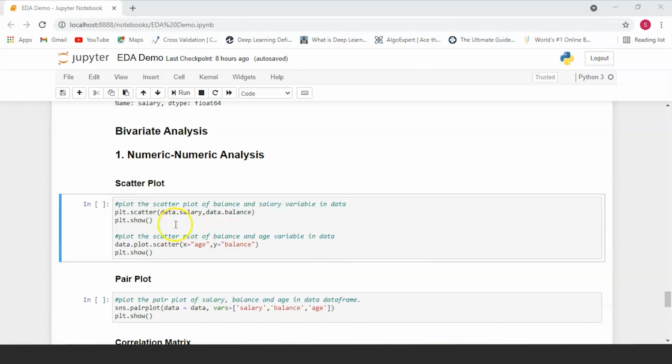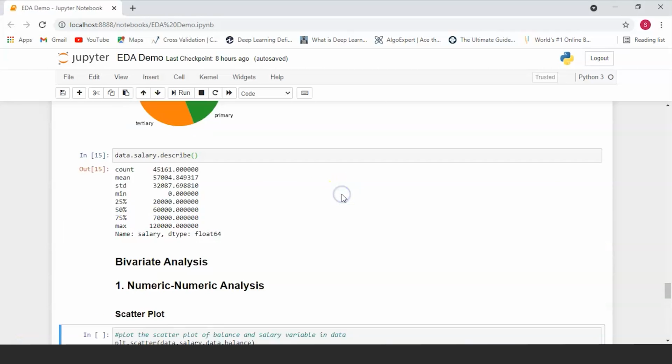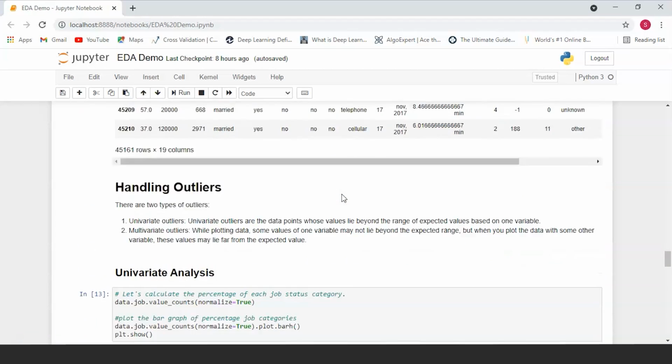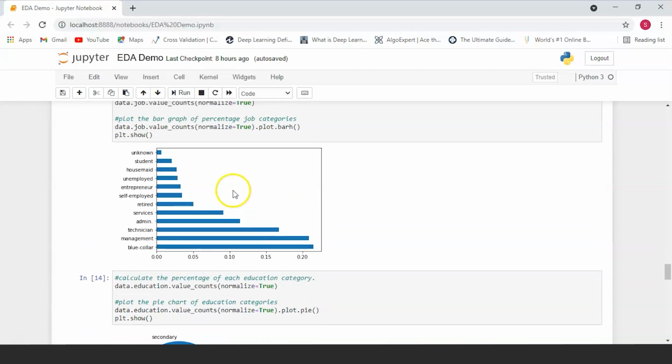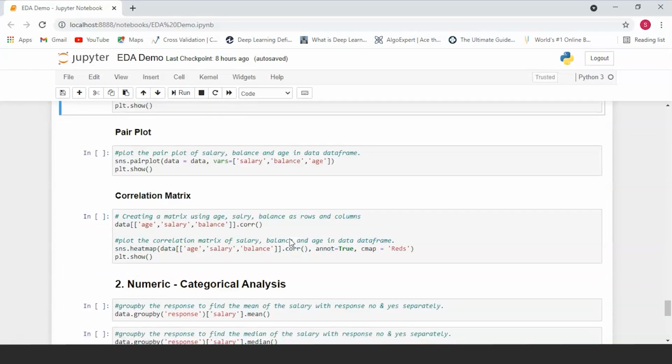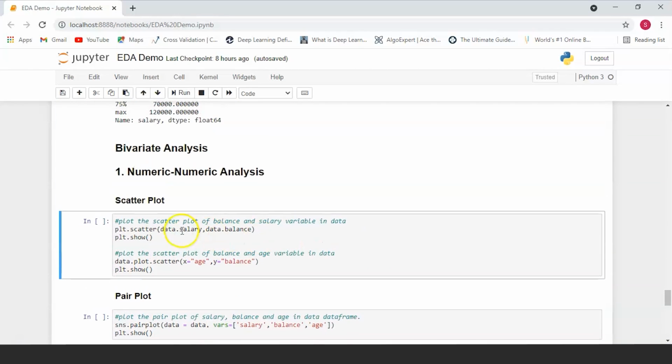Now what a scatter plot does is, so far all the plots that you've looked at sum up individual values and plot them. This isn't what a scatter plot does. The scatter plot will plot every single data point which is present in your data set in the form of a dot.